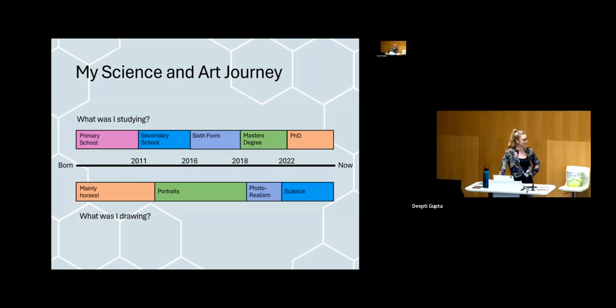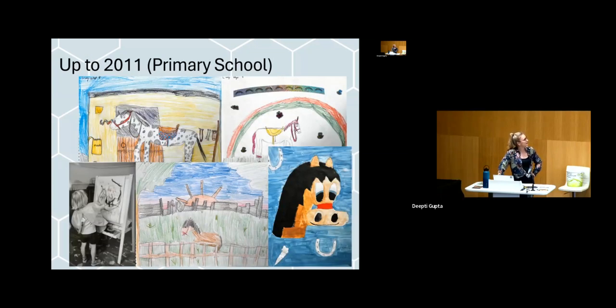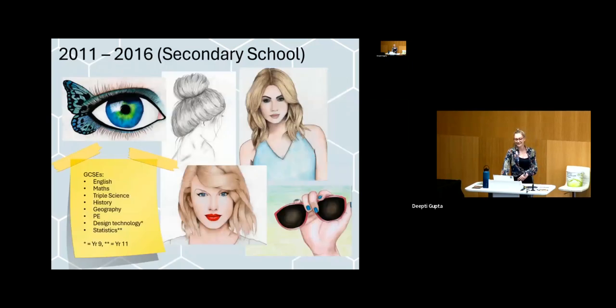I thought I'd give you some evidence of these eras I went through. So here is a small selection, and like this is probably like 1% of the horses I ever drew. And so, yeah, you can see these, and then you can see me in the bottom left, probably about 5 or 6, being very abstract at my easel. Then we go to secondary school.